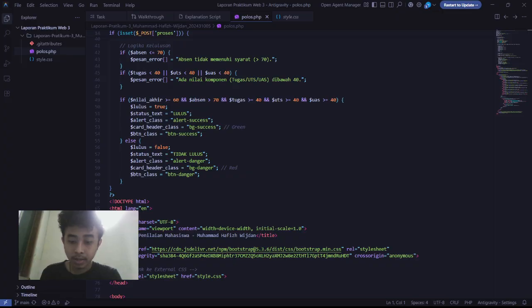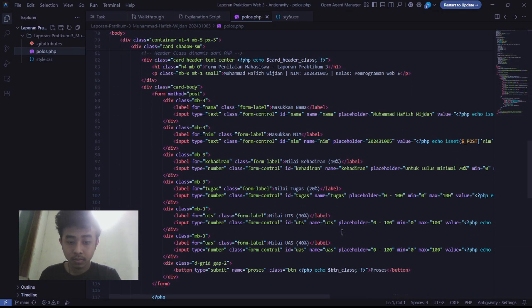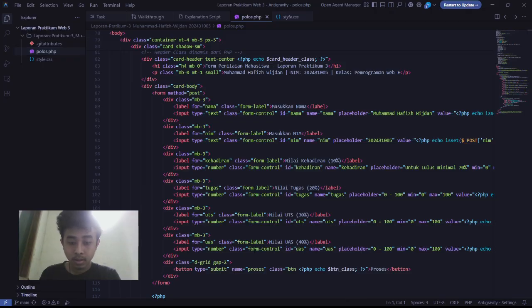Okay, now let's look at the dynamic UI rendering. Let's see the HTML body and how we show this to the user. In line 82, div class card header, PHP injects the class we calculated, background success or background danger, right here.